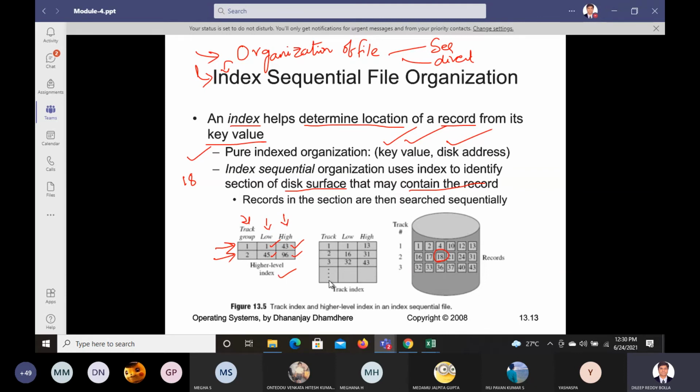Now we see the track index. The track index 1, 2, 3, 4, 5 we maintain, and this track 1 can be lower, 13 can be higher. Okay, what is the meaning of that? You see this one here, 1. This corresponding 1 is the lower value, and this 13 is the higher value. So that's what this track index maintains. This is how they maintain track 1: the lower value is 1, the higher value is 13. Like this they maintain.